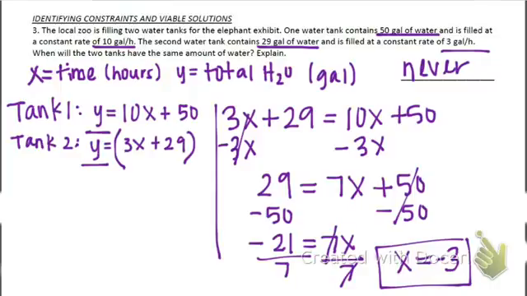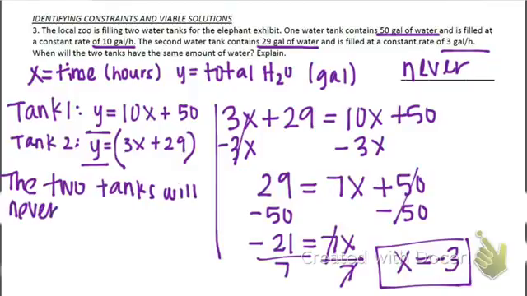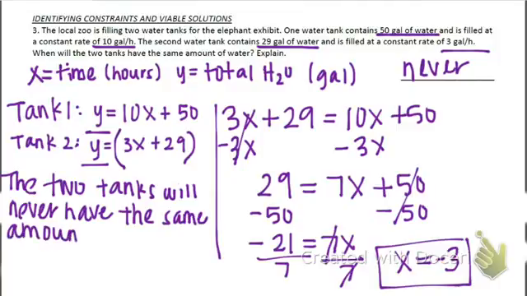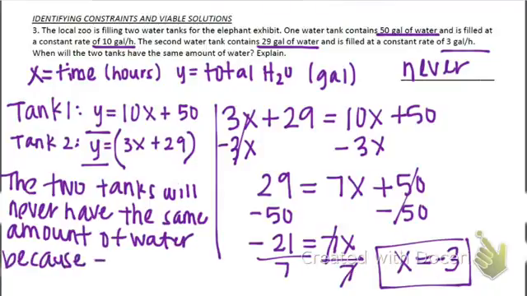And then we have to write a sentence that explains that. So I'm going to write it off to the left on mine. So the 2 tanks will never have the same amount of water because -3 hours,